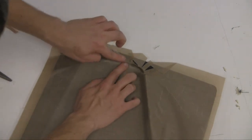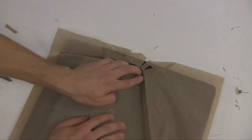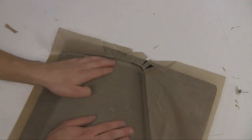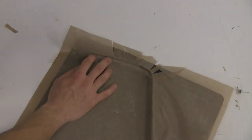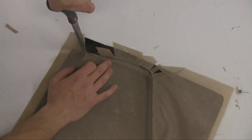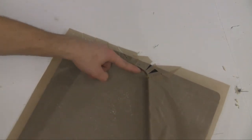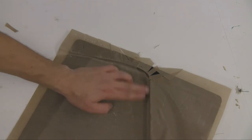And the better you get this, trust me, the better your layup will be by a lot. If you screw this up, no matter what you did with your breather or your fabric, it's not going to turn out very well. So it goes all folded over. You can see there are no air bubbles anywhere on that. And that's exactly what we're going for. Sometimes you'll have something more complex than this. Sometimes you won't have to do any cuts at all. It just depends